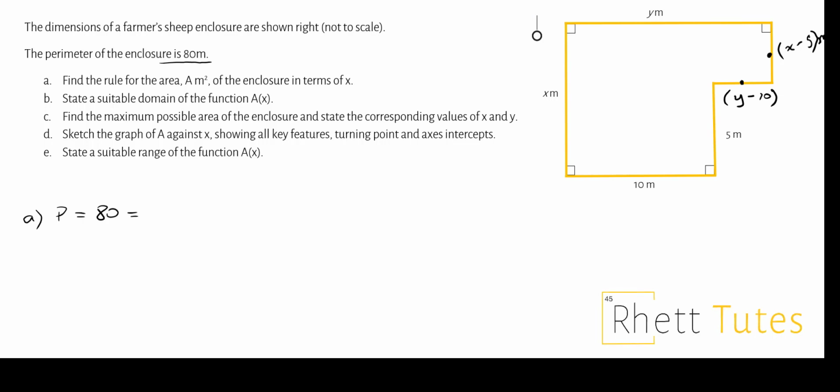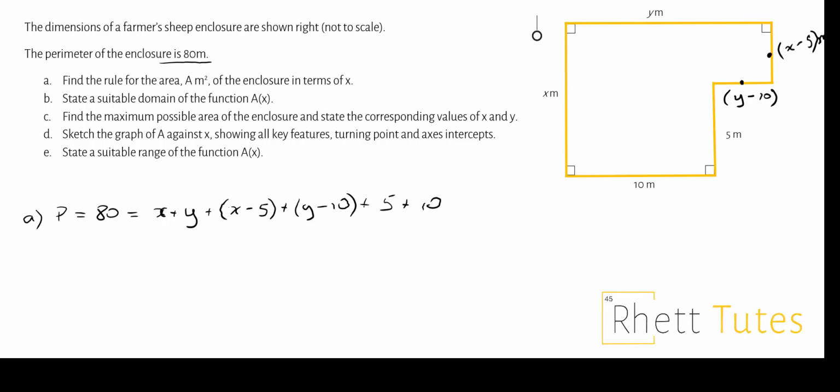Okay, so when I add up all the sides to give me the perimeter, x plus y plus, now I just put in brackets x minus 5 here, plus the next one, y minus 10, plus 5,